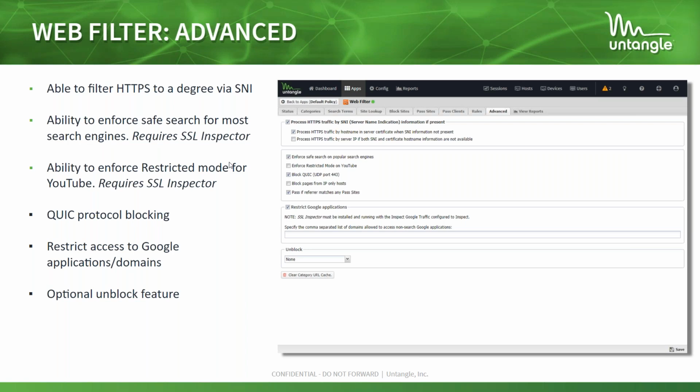We can restrict access to Google applications and domains. Basically what this does is if you put in your Google hosted domain, your network is only able to access your domain behind the Untangle. You would have to disable this if you wanted to get access to google.com, for example. Use case for this,